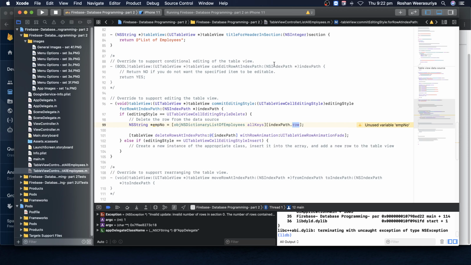When I populated this table view, I accessed the dictionary and got the keys, and I put the key and got the values. In the same way, I'm now going to get all the keys from the dictionary, and from that I'm going to find out